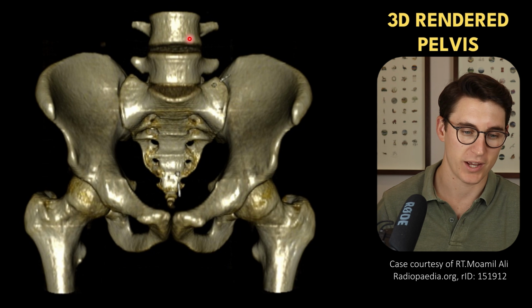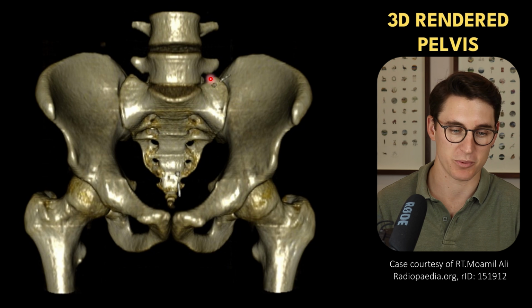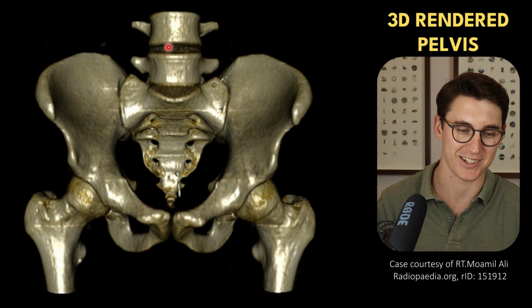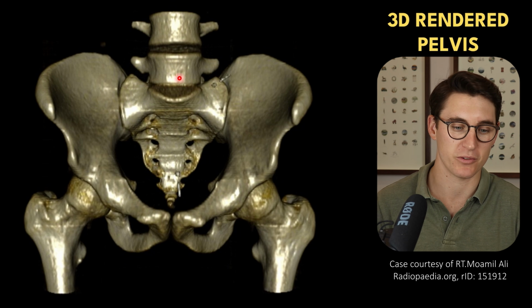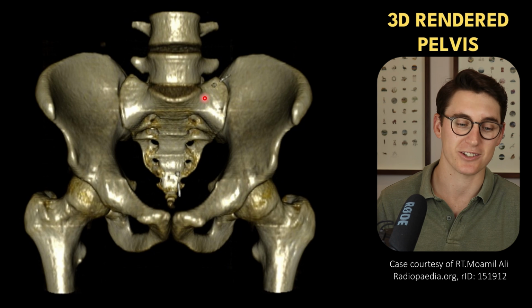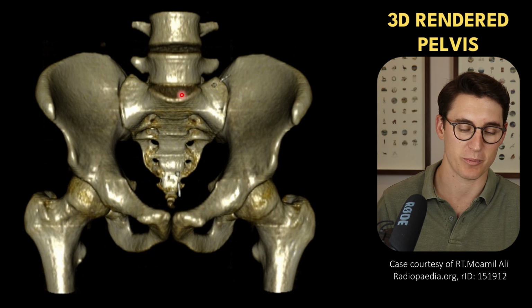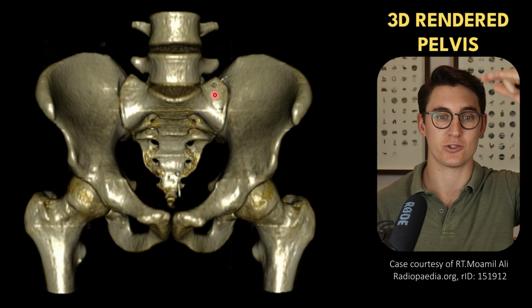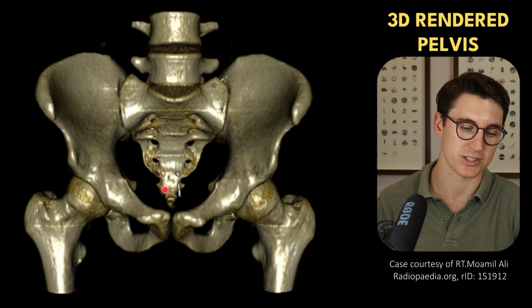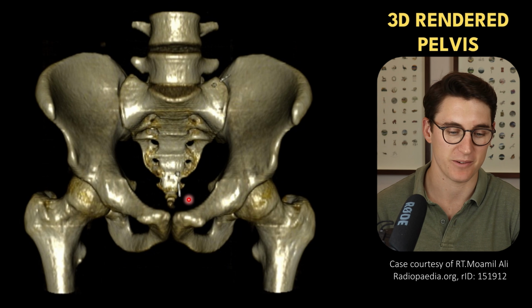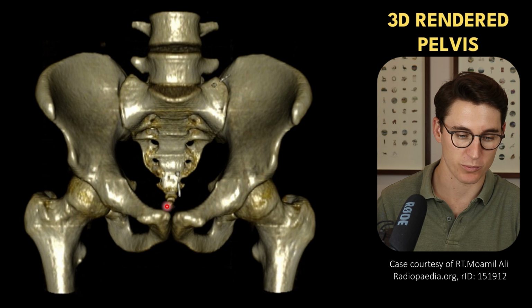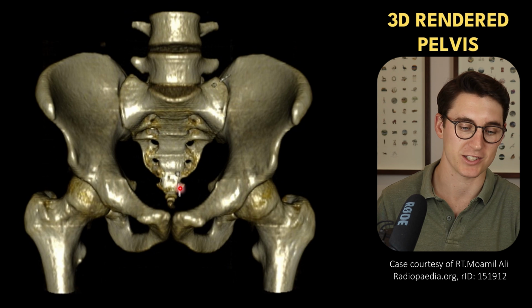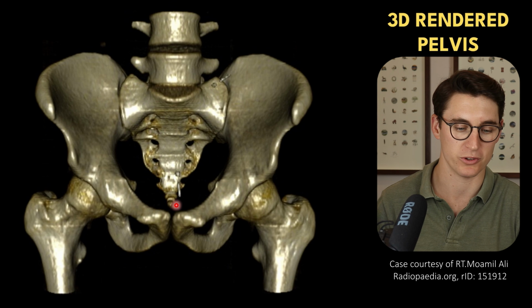posteriorly. We have our fourth and our fifth lumbar vertebrae here with the transverse processes, our intervertebral disc, and the L5 vertebra, the fifth lumbar vertebra, articulates with our sacrum here. We can see our sacrum has a broad base superiorly heading down towards the sacral apex inferiorly. At the apex of the sacrum we have these small bones here known as the coccyx or coccygeal bones, and